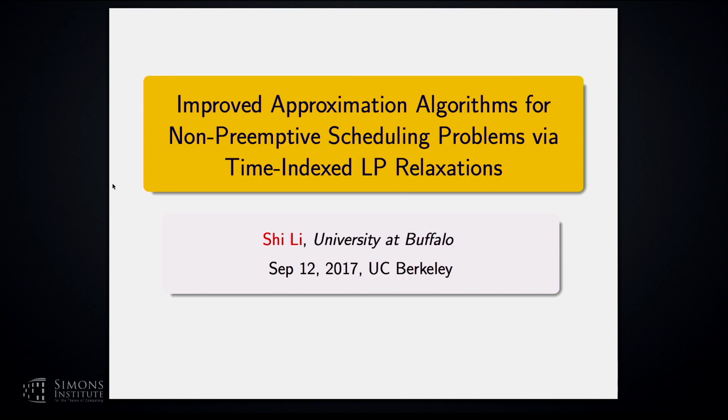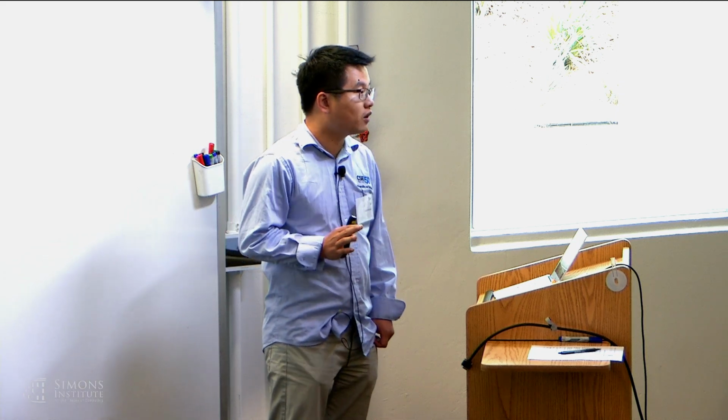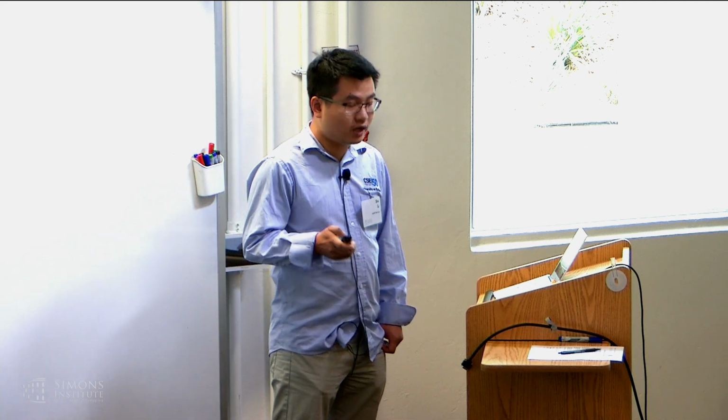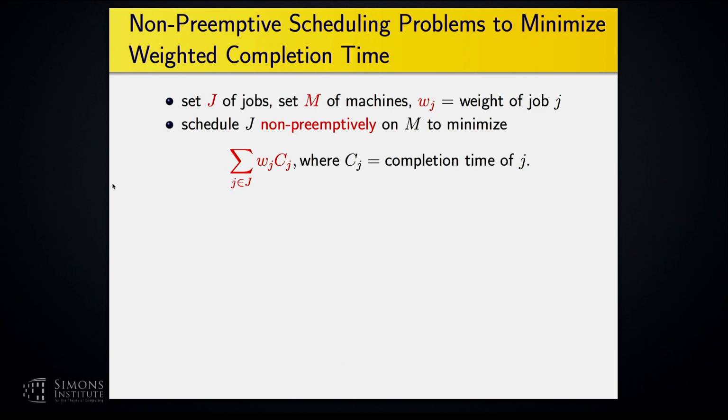So I'm going to talk about improved approximation algorithms for non-preemptive scheduling problems using time-indexed LP relaxations. We are going to focus on a bunch of problems, and here is a common setup for all those problems. We are given a set J of jobs and a set M of machines, and each job j has a weight. Our objective is to minimize the sum of weighted completion time over all jobs. That is the sum over j in J of Wj times Cj, where Cj is the completion time